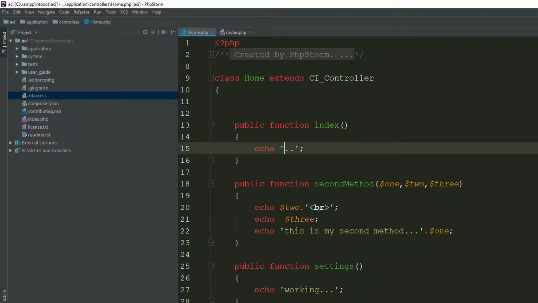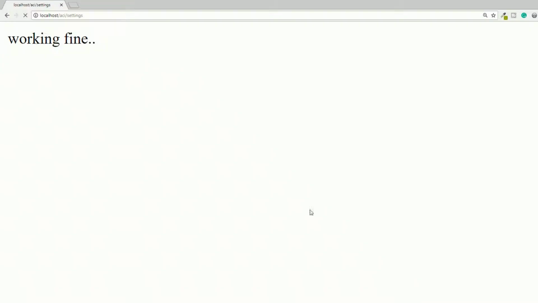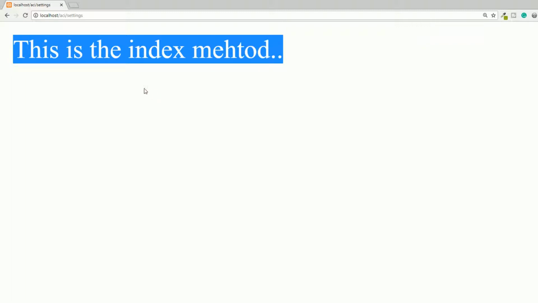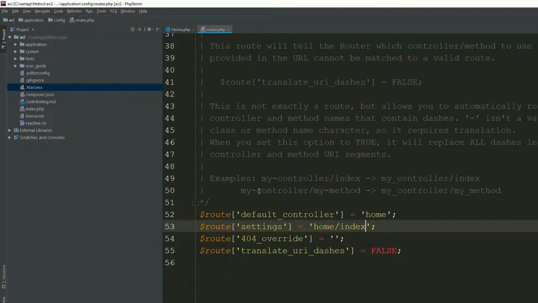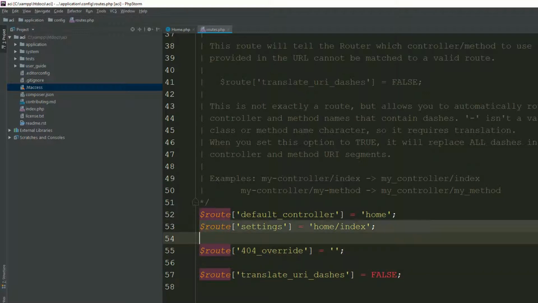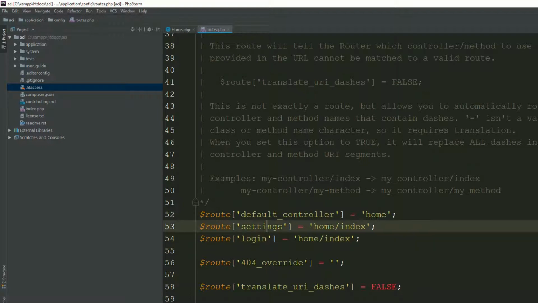Sorry, this is the index method. Go to your page, refresh the page. So now as you can see, it's saying this is the index method. So you can define as many routes as you need. For suppose I'm saying this is my login URL, login, or for suppose I'm saying